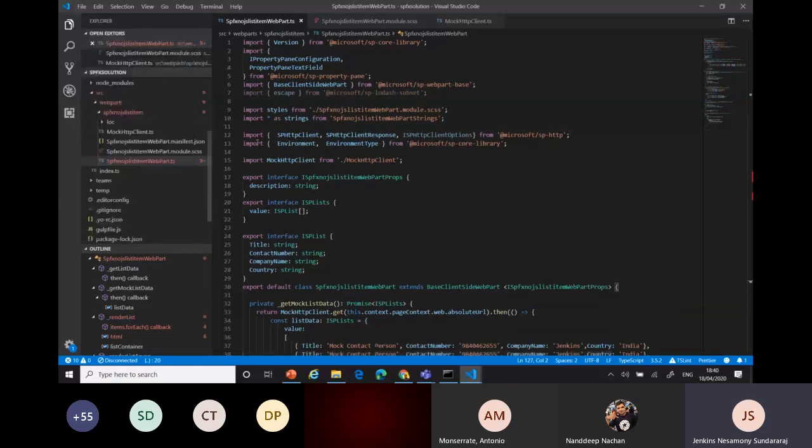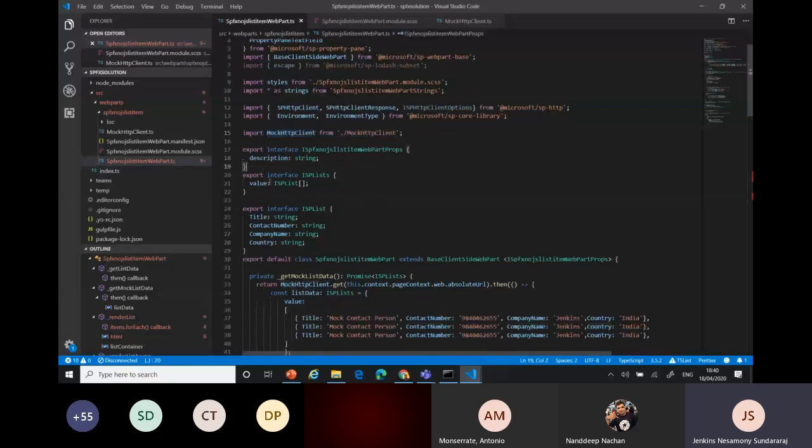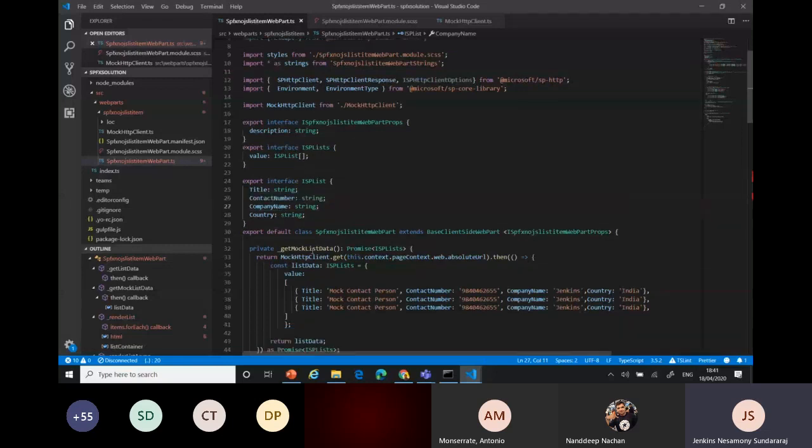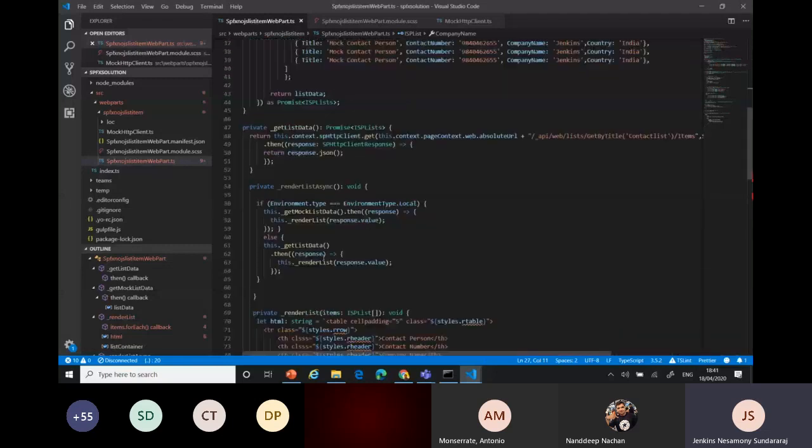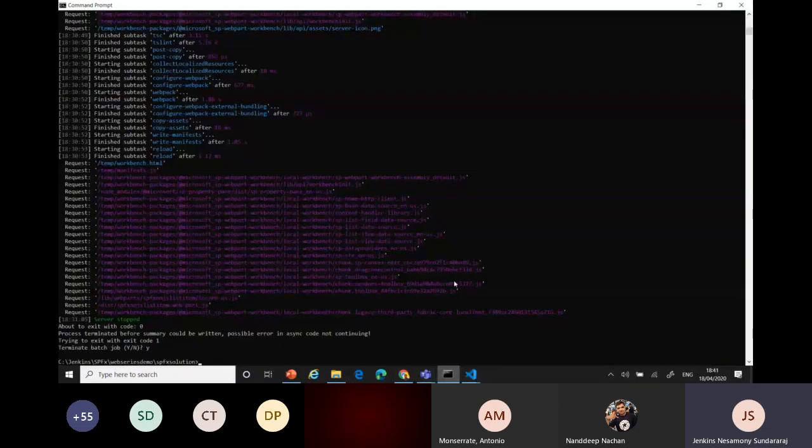I believe everyone understands what I did. First I imported the classes. I want to connect to my REST API and I need to understand where my environment is, to differentiate whether it is mock data or something else to verify. I used another class here to create an object for mock data. Then I exported the class and created one interface. From that interface, I created one array for the columns you want, get them from the JSON object and display the data. This I'm executing.